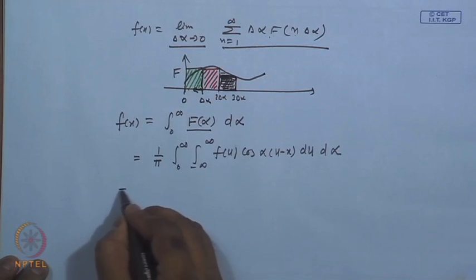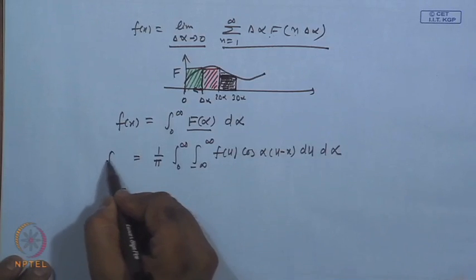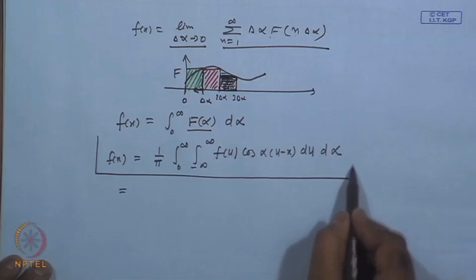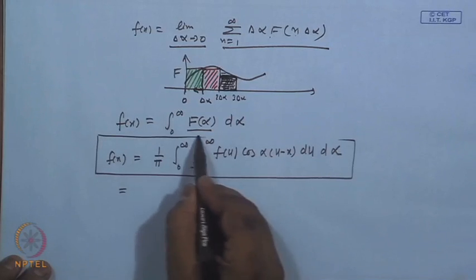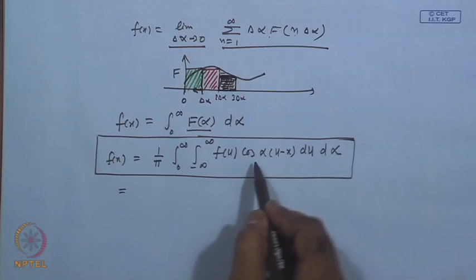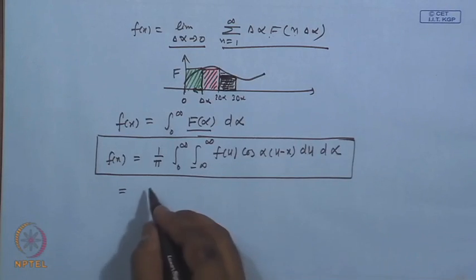So, in fact we got a representation, and that is already here, that we have 1 over pi, 0 to infinity, minus infinity to plus infinity, f(u) cos alpha(u minus x) du d alpha. But if we expand this cos, we get another